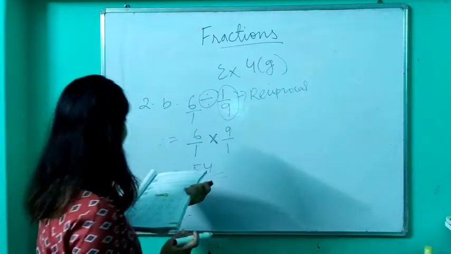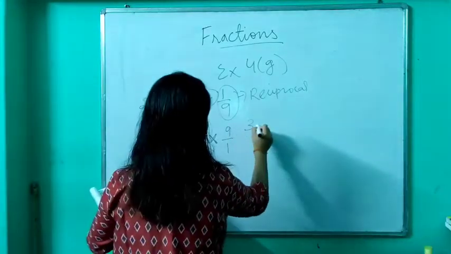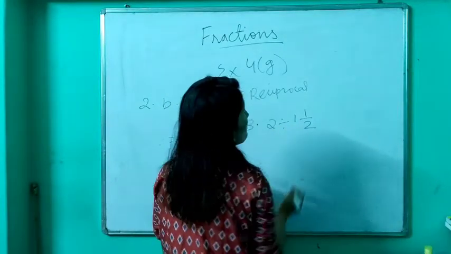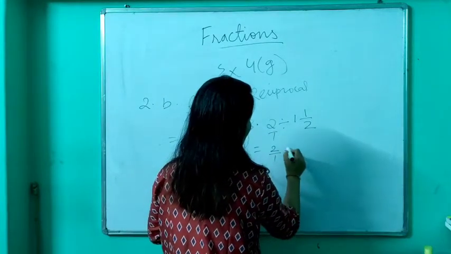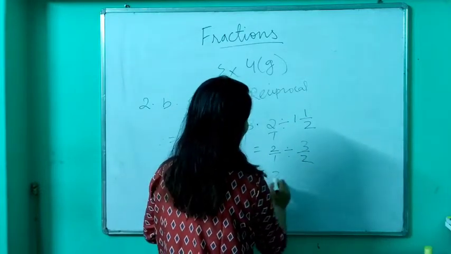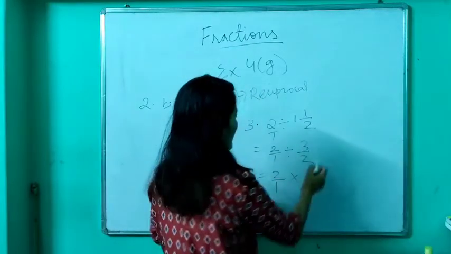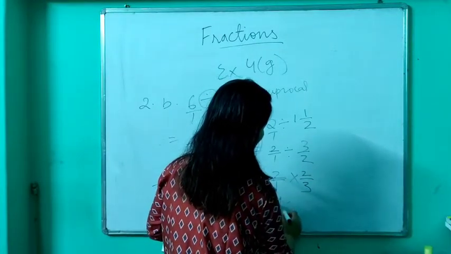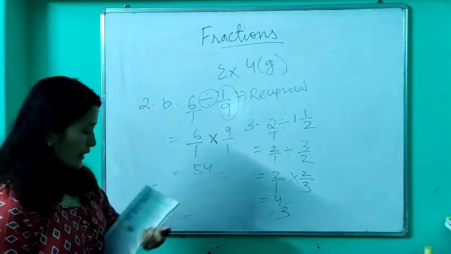Now question number 2, 3 you can easily do it. Oh no, 3, let's take one example from question number 3 also. Question number 3, 2 divided by, you are given a mixed fraction. So similarly, you write this as it is. First convert the mixed into improper. 2 1s are 2 plus 1, 3 by 2. Now 2 by 1, divide has to be converted into multiplication. When you convert it into multiplication, write the reciprocal, 2 divided by 3. So 2 into 2 is 4, 3 into 1 is 3. So 4 by 3 would be your answer.